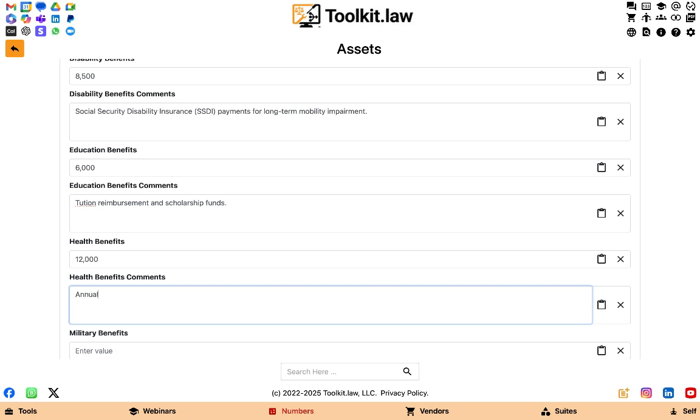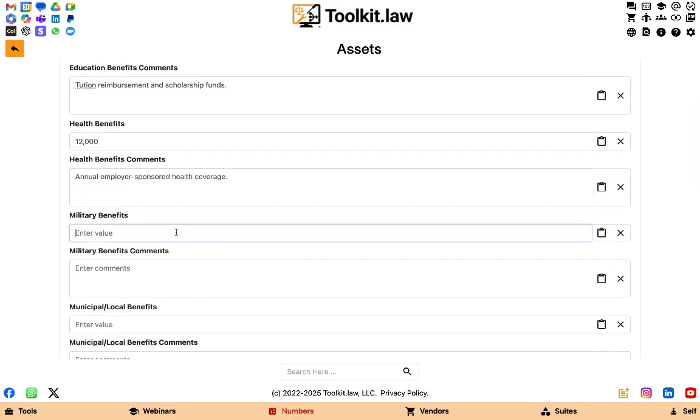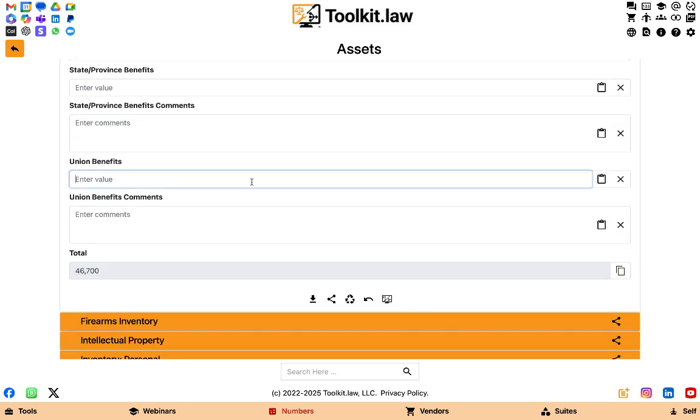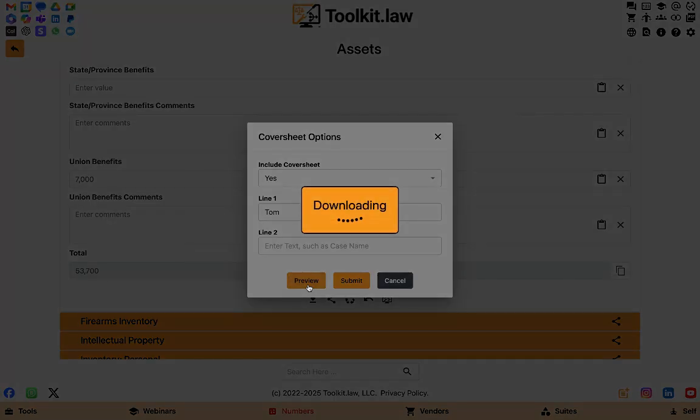With clear, copy-ready outputs, you can easily use the results in disclosures, affidavits, or court filings. No spreadsheets required. Every tool is cloud-based and built for fast, accurate results wherever you work. Whether you're managing a family law matter, estate administration, or benefits litigation, Toolkit.law brings structure and clarity to financial benefit